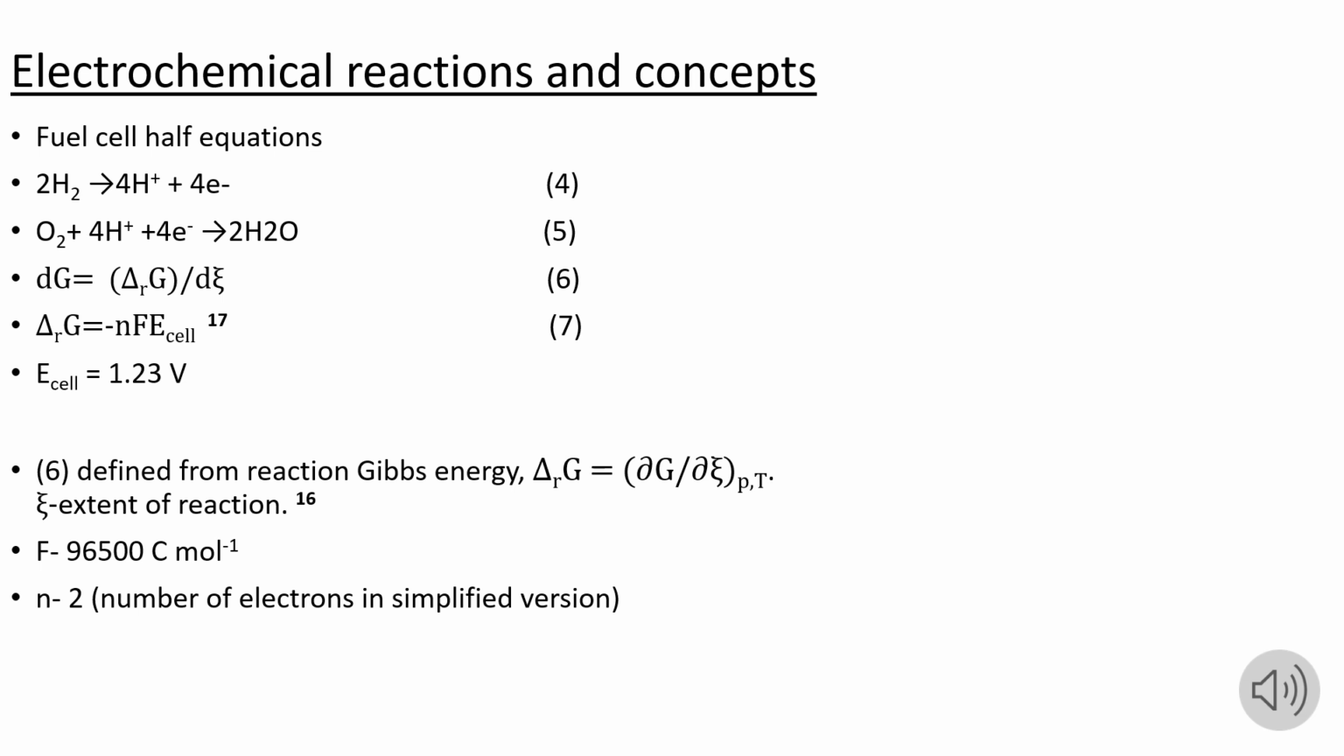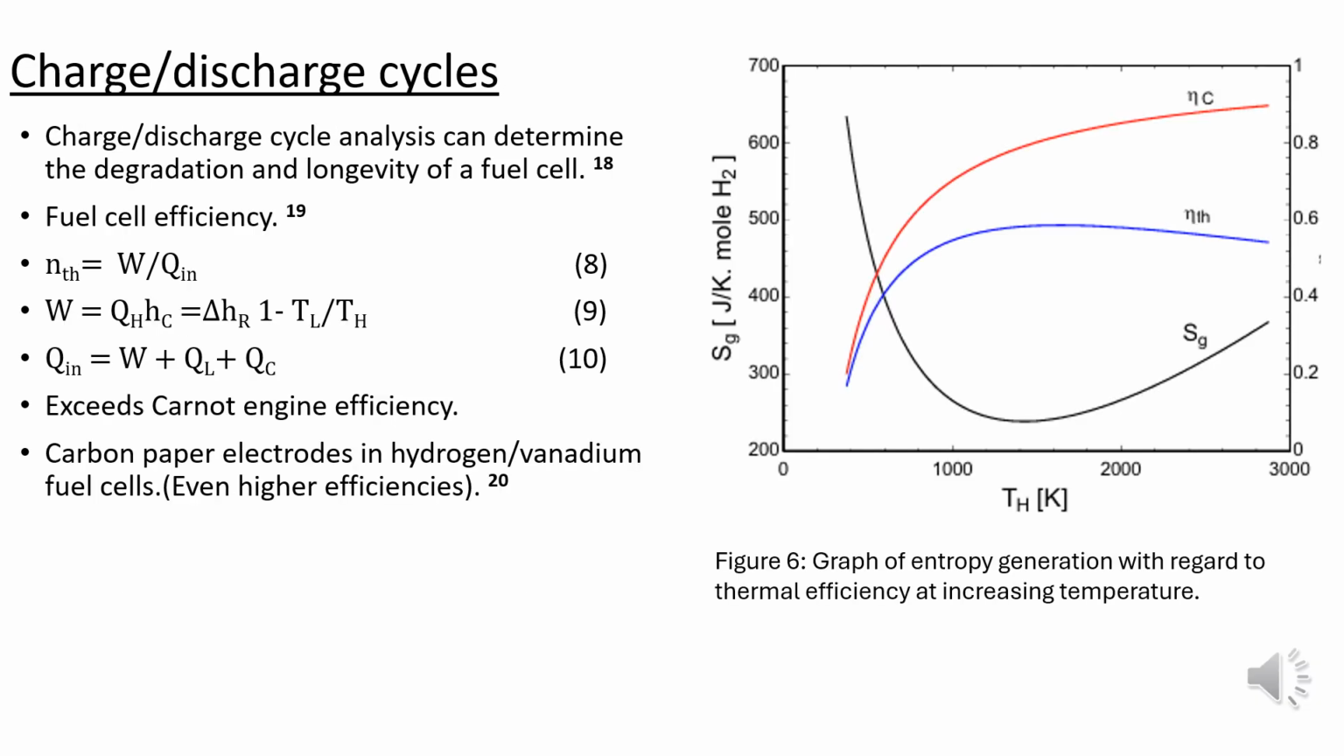of the fuel cell. An important electrochemical factor is with regard to the charge and discharge cycles of a fuel cell. This refers to the length of time required to fully charge the cell and the time for which it may produce energy, fully discharge. These cycles are important since they determine the longevity and potential degradation of the fuel cell, a key factor in